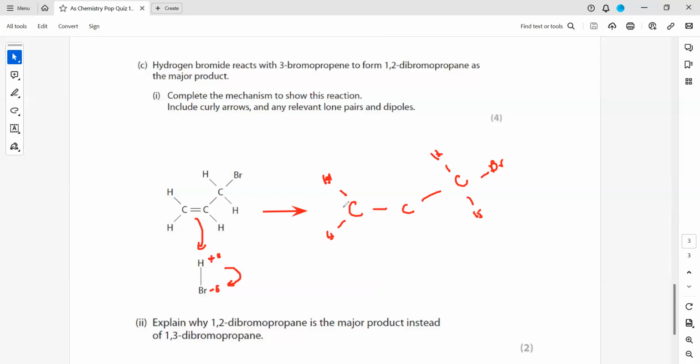So to have a 1,2 product, the hydrogen will be attached to the first carbon, and this will get a complete positive charge because it lost its electron. And then the bromide ion with a negative charge is attracted towards the positive, and the final product will be,